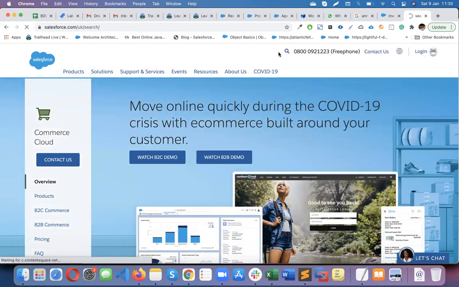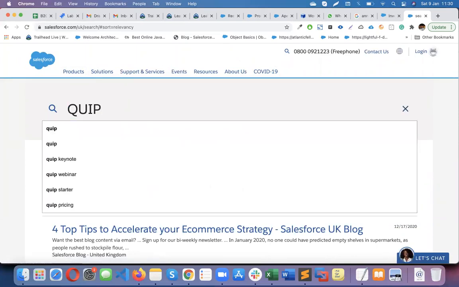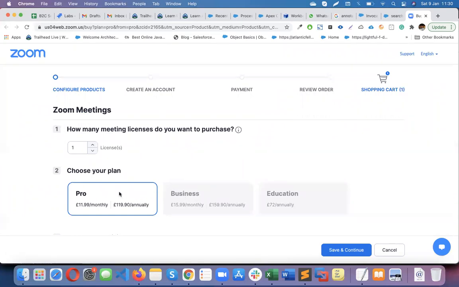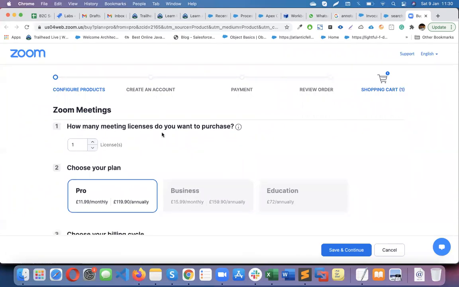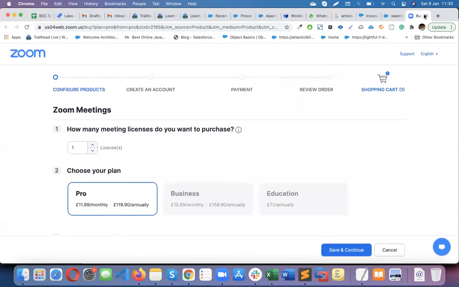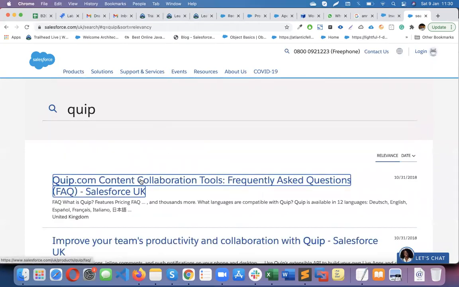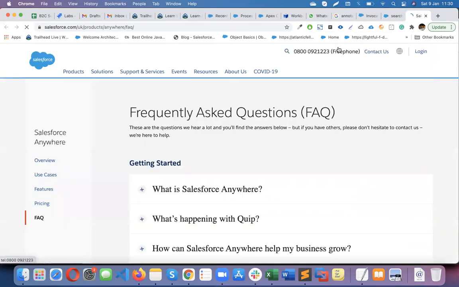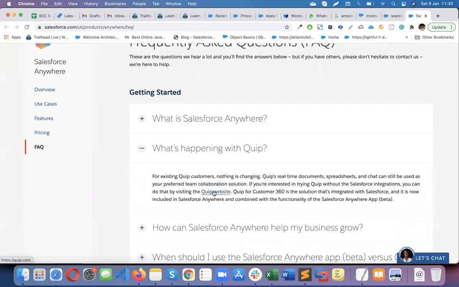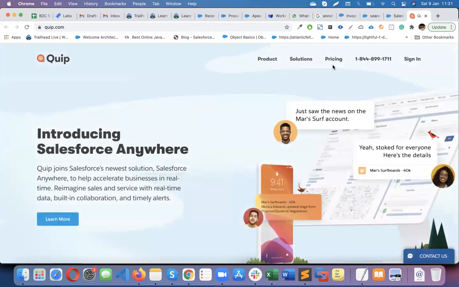I will search for it. Oh, okay, this is coming in this room. Yeah, basically it's a collaboration tool. So, the Quip website. This is the one.